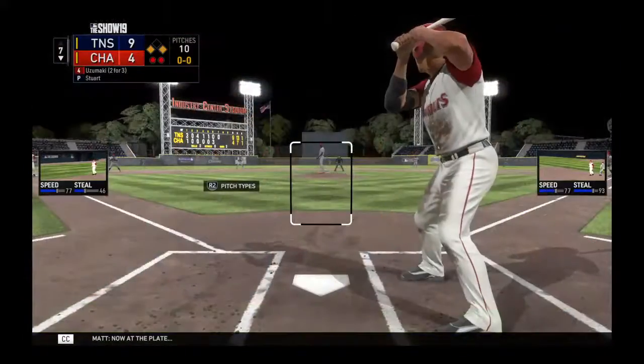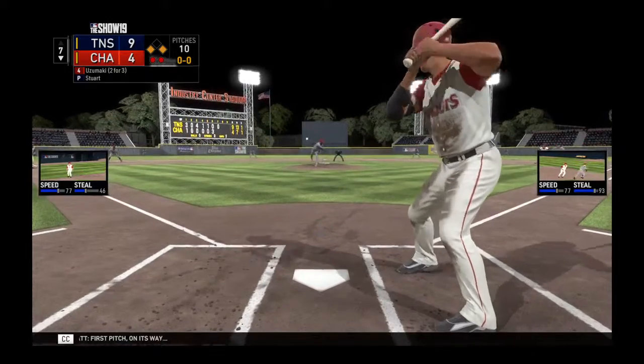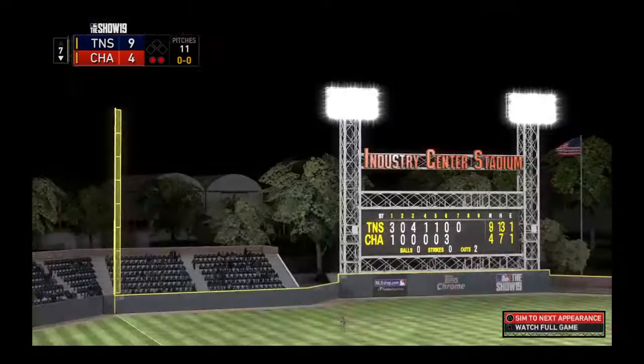Now at the plate, number 7. And their runners at the corners now. First pitch on its way. Hard liner to center field. Perez is there, and he puts this one away for the third out. So a great job there of working out a...